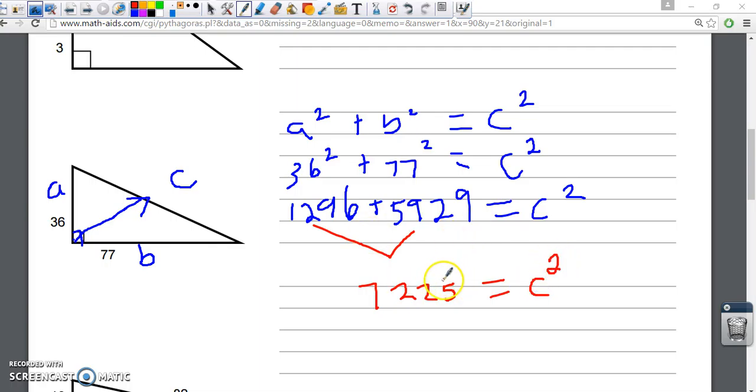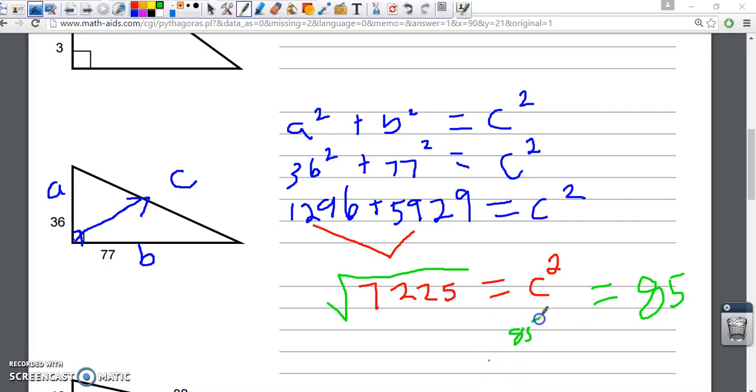Remember that last step is to find the square root of this number, okay, to represent C. In order to represent C, I have to find the square root of this number, okay? So in my calculator, I'm going to hit the square root button and then do 7,225, okay? My answer is 85. So C equals 85 because